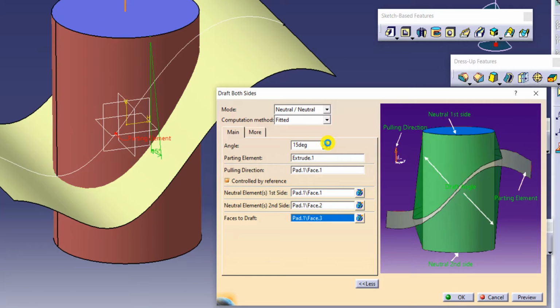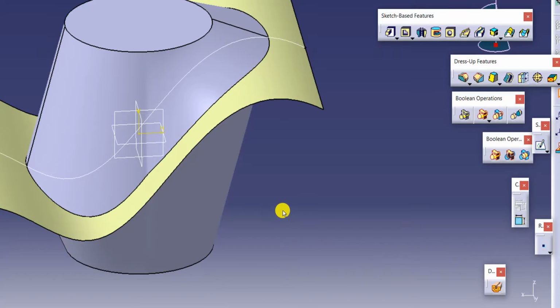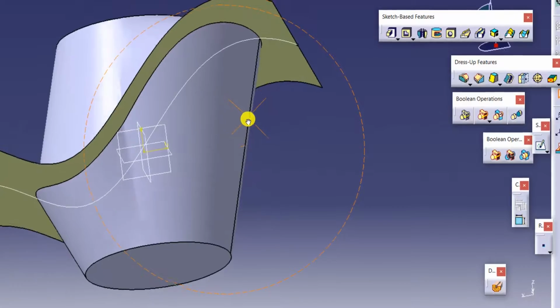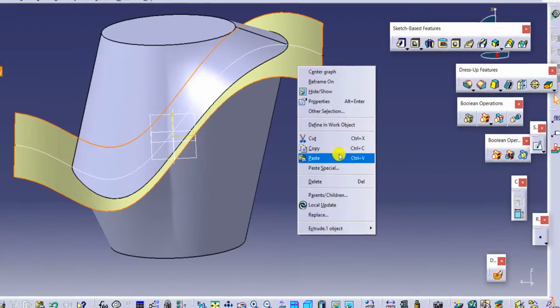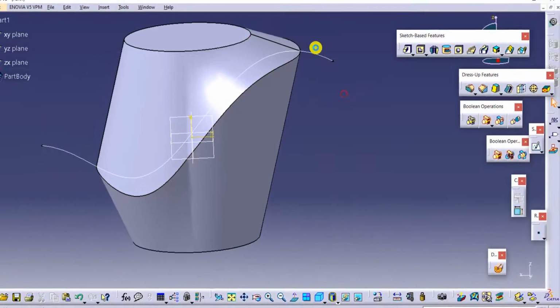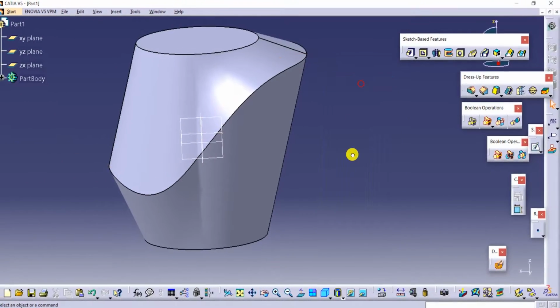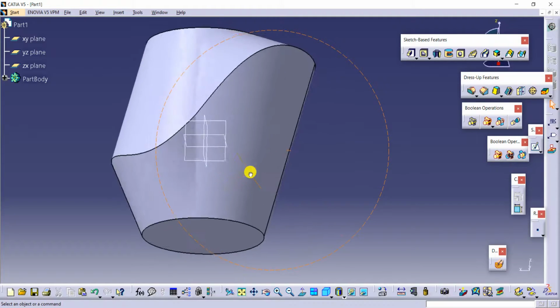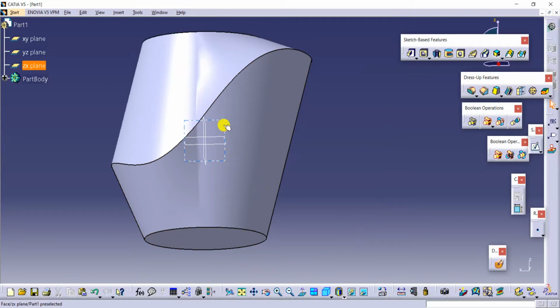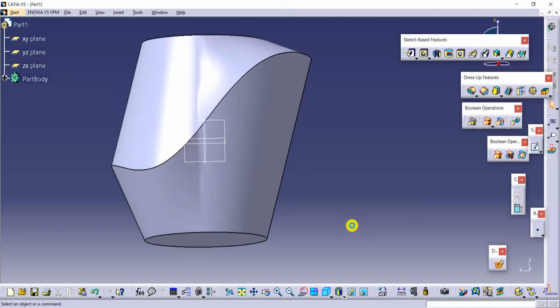Like this, and then click on OK. See how you got your draft. If you hide this, you can see clearly, right? So I'm hiding this too. Like this, with respect to that surface we got the draft.